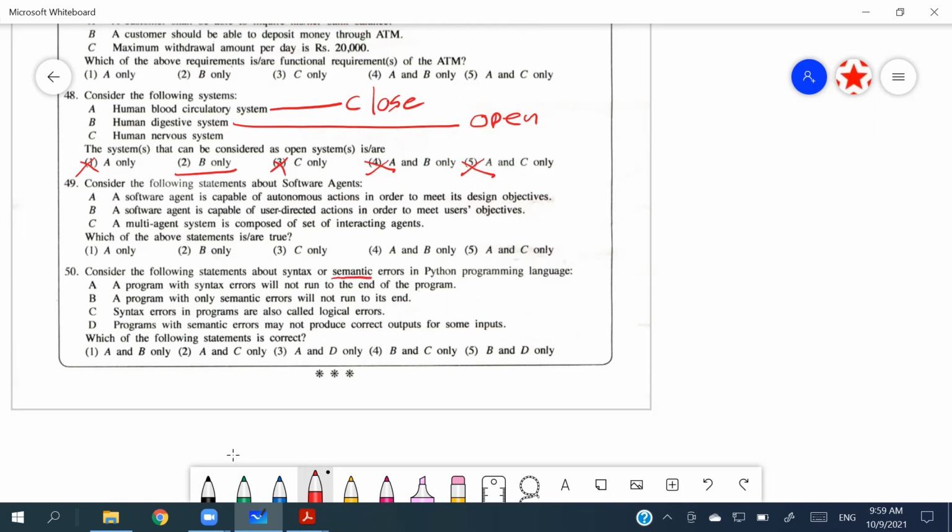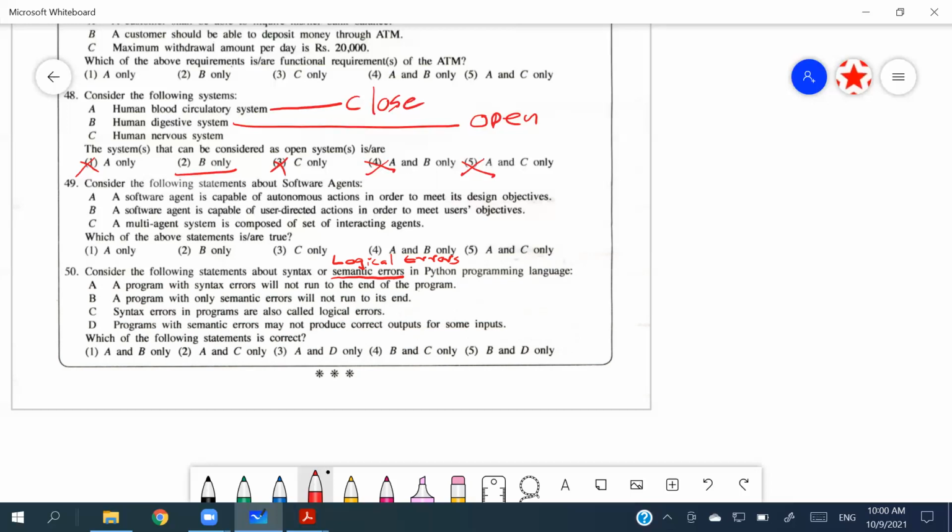Now, semantic errors, in other words, can be taken as logical errors. Syntax errors mean the problems we find in the program, the grammatical mistakes. Grammatical mistakes mean that, according to the programming language, we have broken a rule. So that is considered a syntax error. With a semantic error, the program will run without any errors, but it won't do the right thing, or it won't produce the expected output, right? So that is what you call semantic or logical errors.